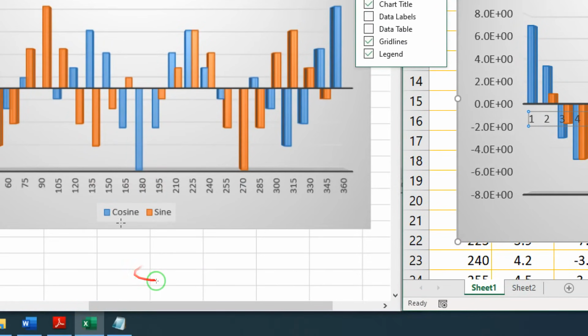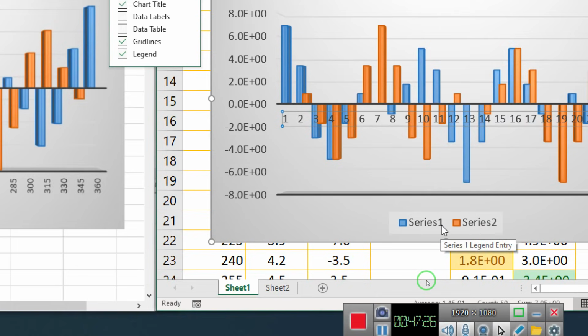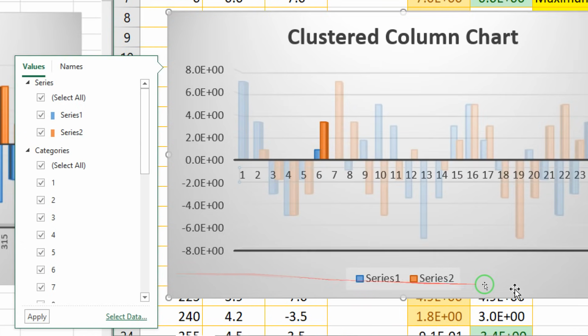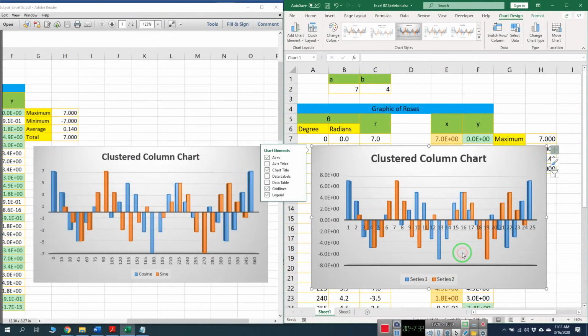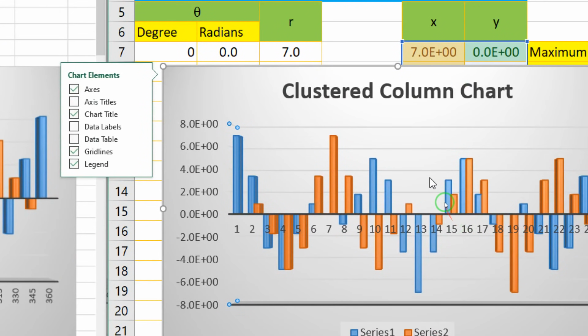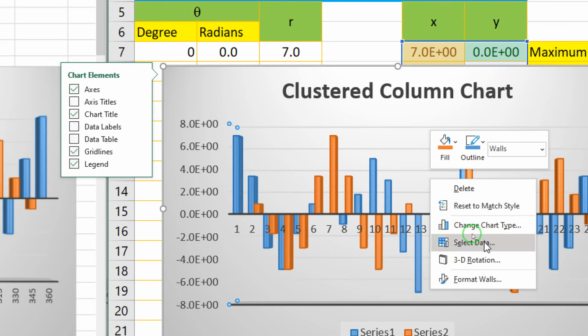You see the legend, the cosine and sine. So here our legend is series 1, series 2. So series 1 we should rename with the cosine. So how to do that? We did also in the last class. We'll right click on the chart, we'll go to select data option,